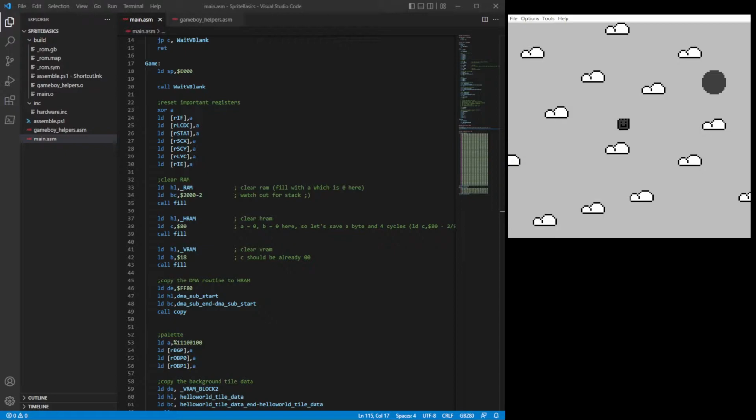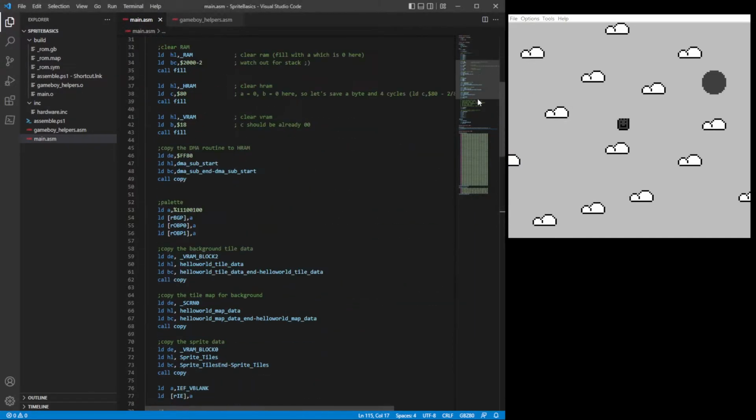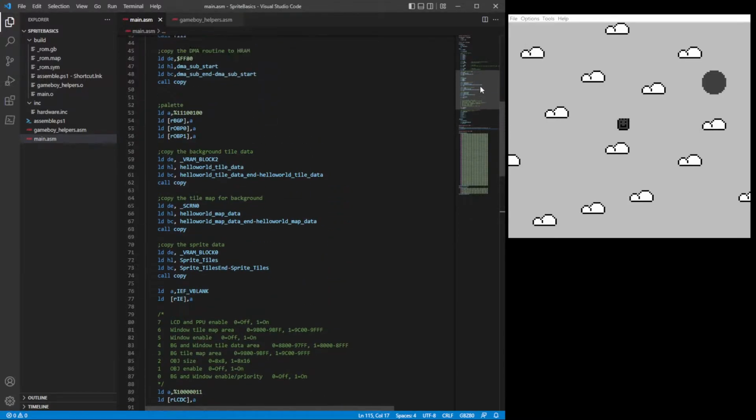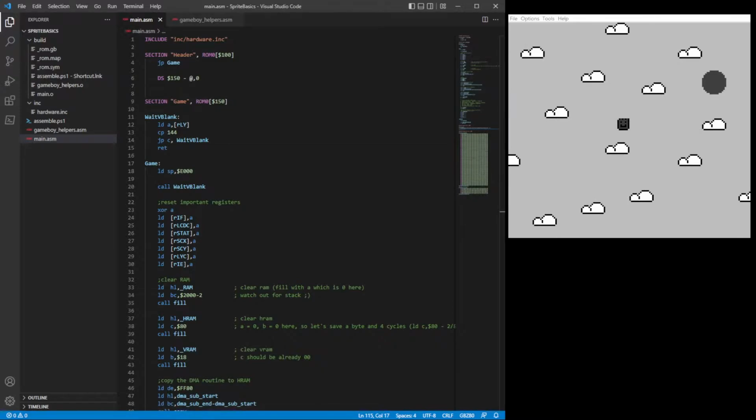Time again for some more Game Boy game development. We're back on the fundamentals here. As you might know, last time we drew the sprite to the screen, and that was it. That particular video was following on from where we drew the background to the screen. Now this time we want to be able to move the sprite, and to do that we need to read the inputs from the keys, the D-pad, well, specifically the D-pad for moving it. To do that though,